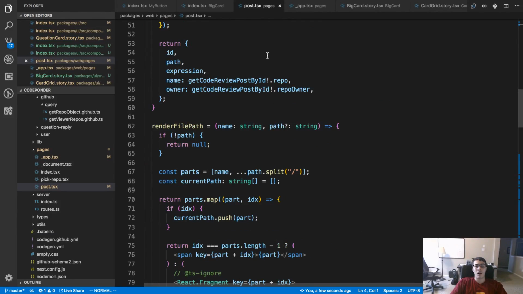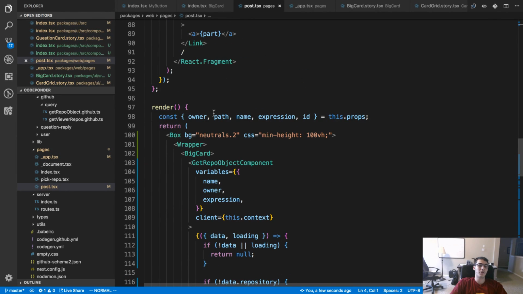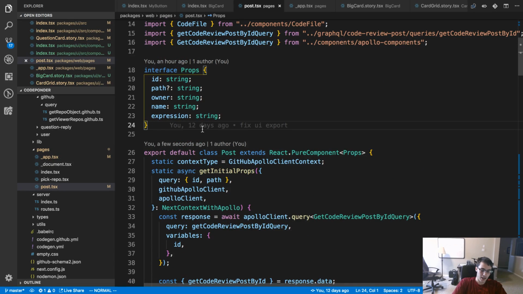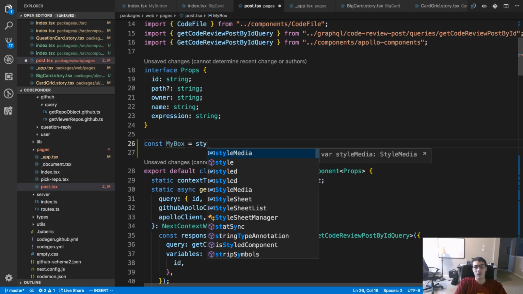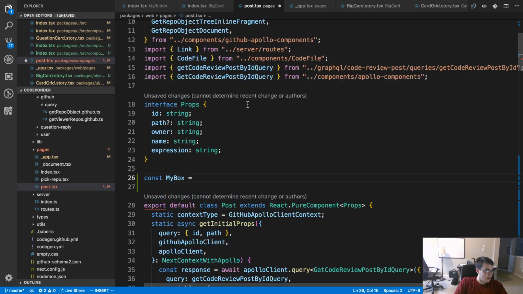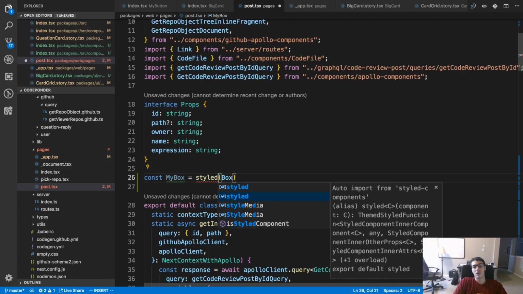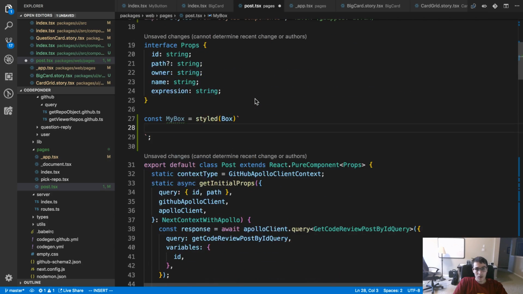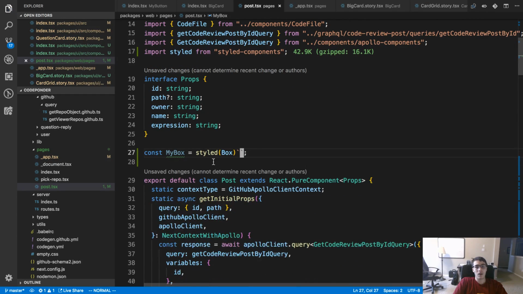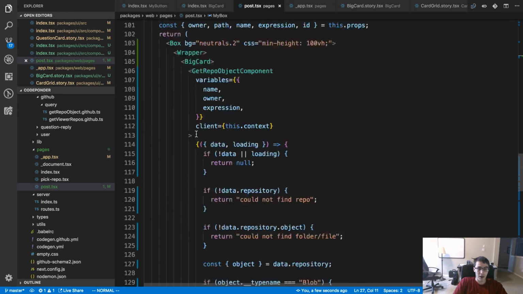I guess I should put that in my UI package, but let's see how that would work. So you do box base. So are you thinking like I do this? And then I can use the CSS prop with this my box.